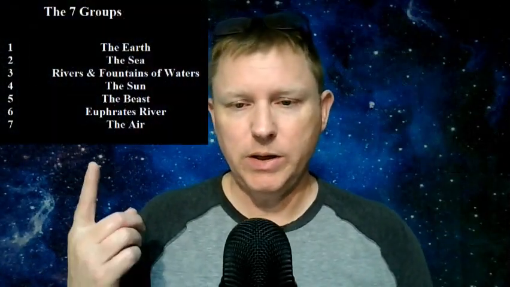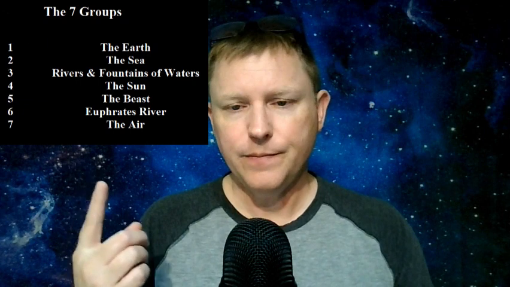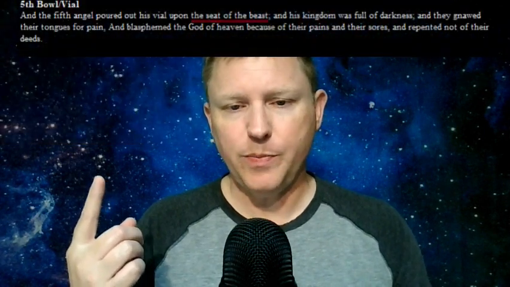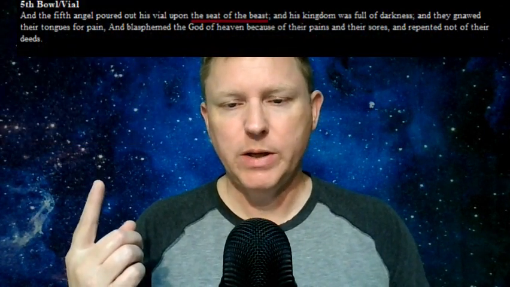So that's the 5th trumpet, and you can see here on the bowl it says the bowl is poured out on the seat of the beast. And in the trumpet, it gives the actual names of the beast. It gives it in 2 different languages, as Apollyon or Abaddon. So yeah, there it is. And so yeah, it correlates. The next full moon landed right on the bull, and that is the beast.